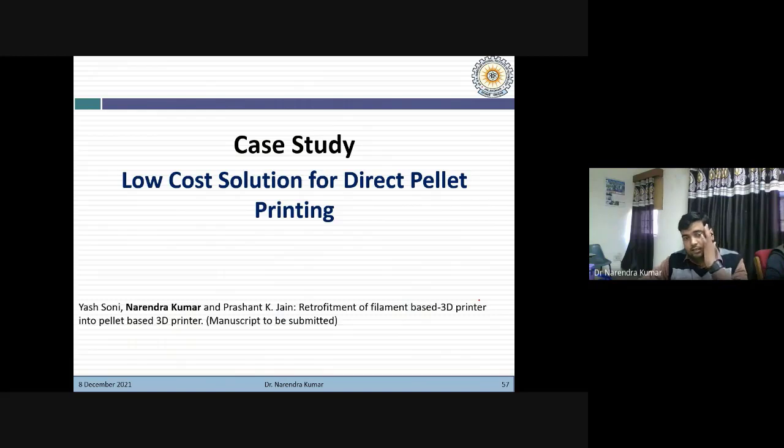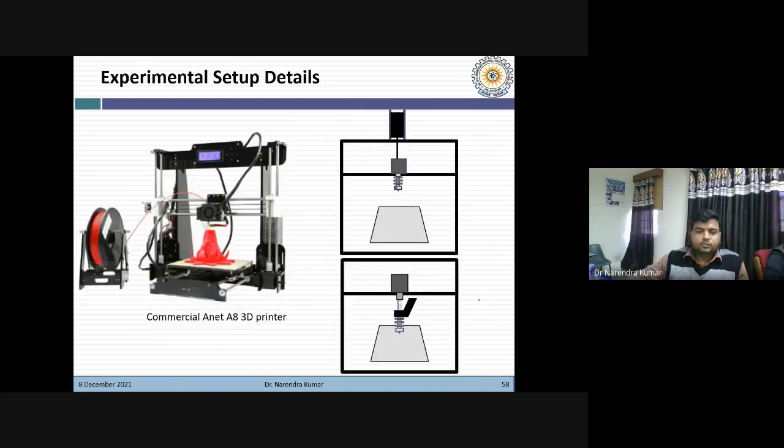Then overall, after exploring the CNC milling machine as the direct pellet printing system, we tried to develop a low cost solution for direct pellet printing. So here you can see, to make the low cost direct pellet printing system, we purchased this particular printer directly from the market.